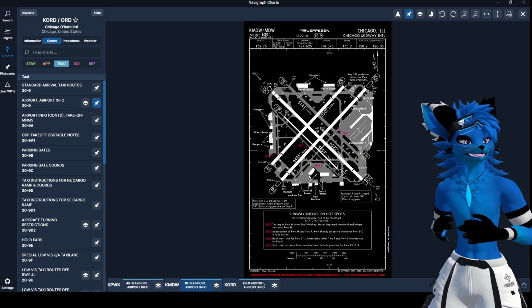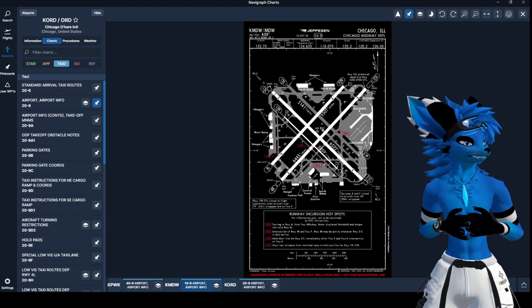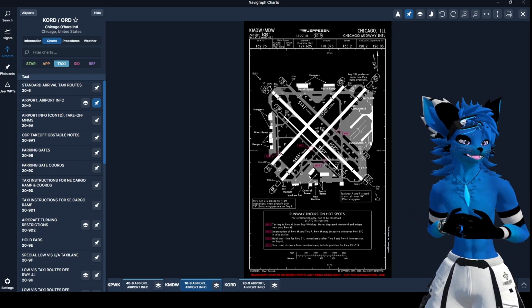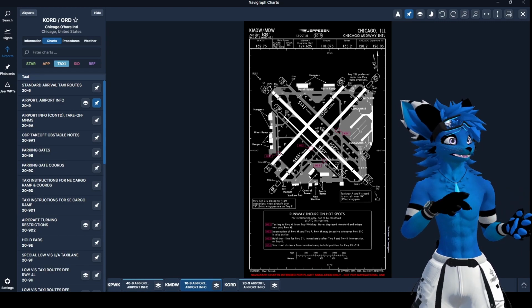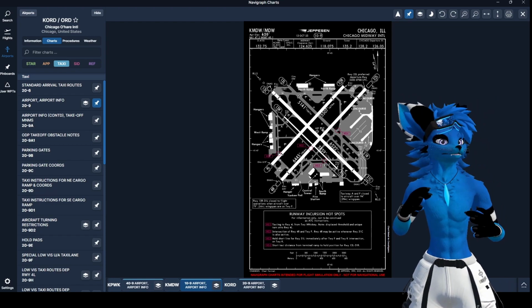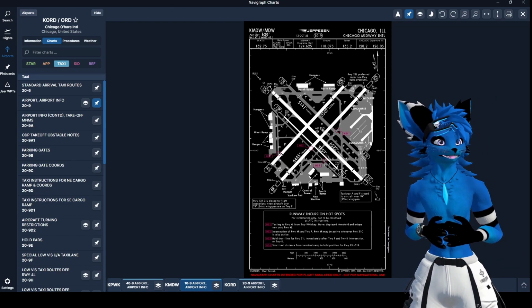Now here we have Midway Airport, which is not very far from Chicago Executive. And as you can see, we have a tower frequency of 135.2, but there's no dedicated CTAF frequency. In this instance, VATSIM tells us that we are going to use the tower control frequency as our CTAF frequency. So when there is no air traffic control coverage at Midway, we're going to go to 135.2 and start making